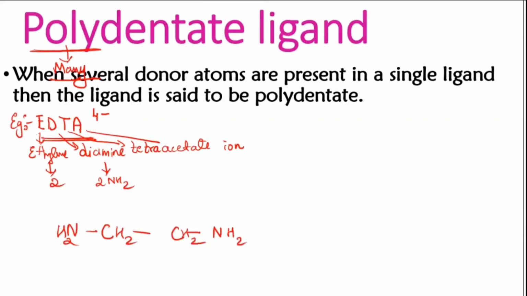Okay, so here what happens is these 2 hydrogens are there. No, students, I'll remove this. Okay, this 2 hydrogen is replaced by acetate group. Even here, these 2 hydrogens are there, and they're removed and replaced by acetic acid group. So here I'm just writing that acetate group. This is acetic acid, CH3COOH.